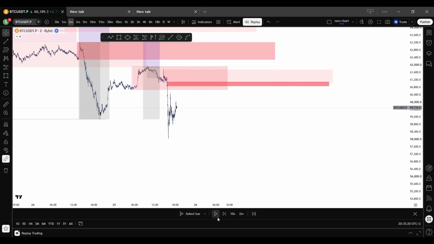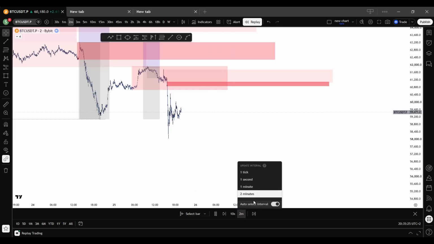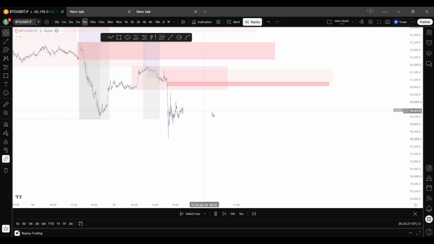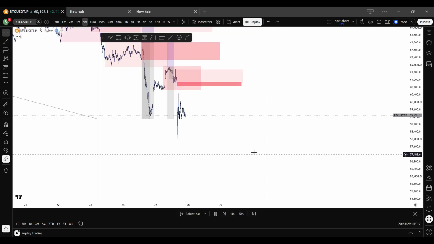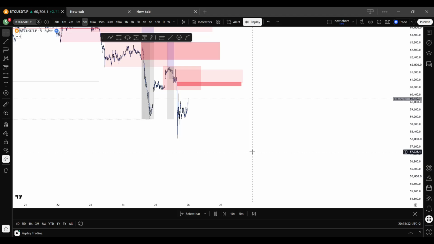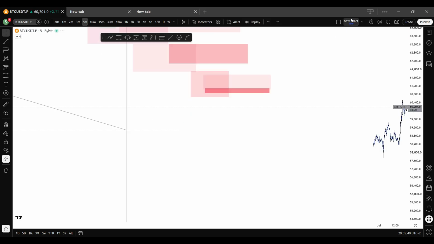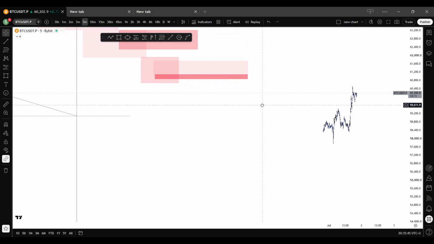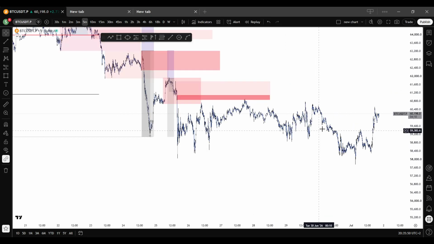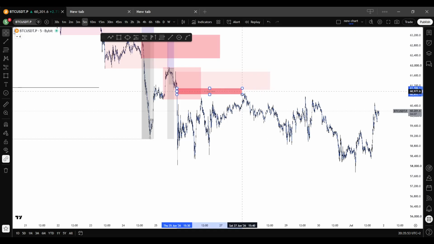And if I fast forward, why is it so slow? This takes way too long. Basically, we had this POI mapped out. If the chart starts loading, hello? Okay, I really don't know what's going on today,